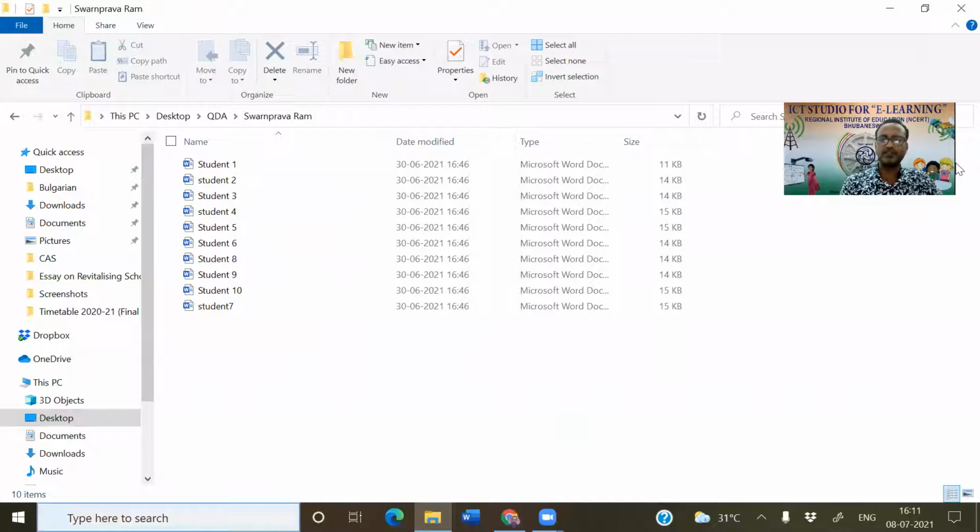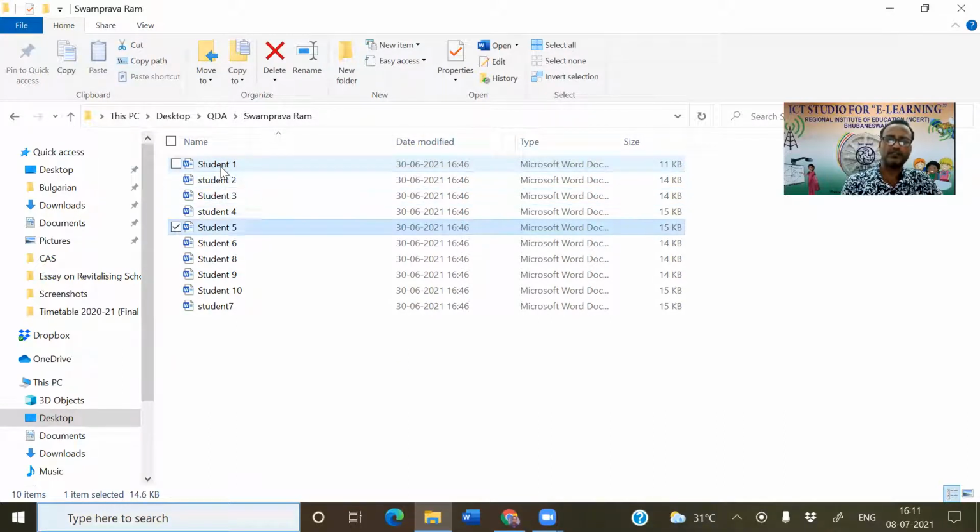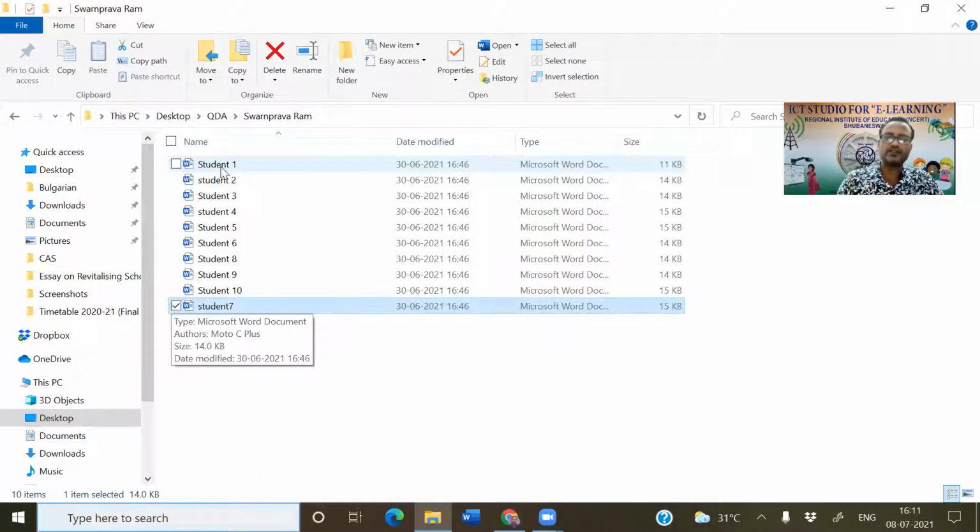I hope you can see this one. There is a file. This is the data, sample 1. I have given the names student 1, student 2, student 3, student 4, like this. So total 10 students are there, or I can say 10 samples are there,